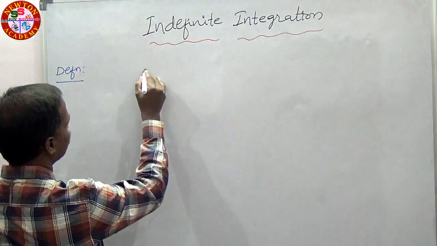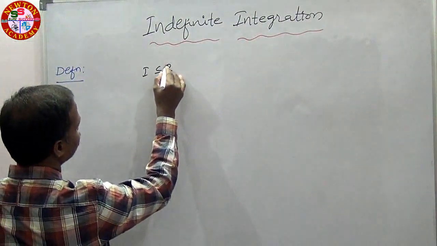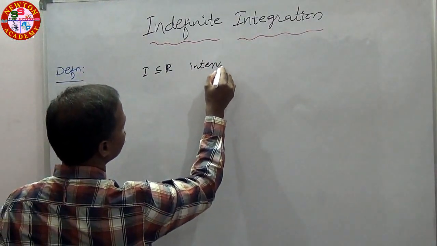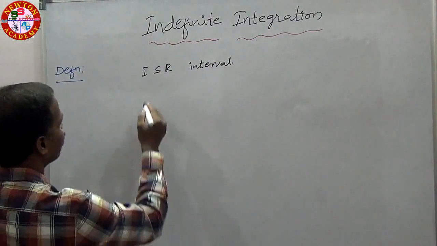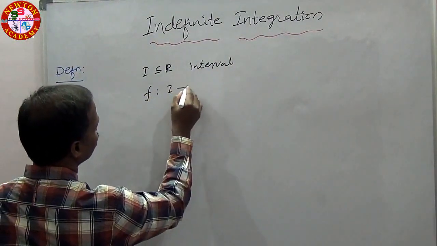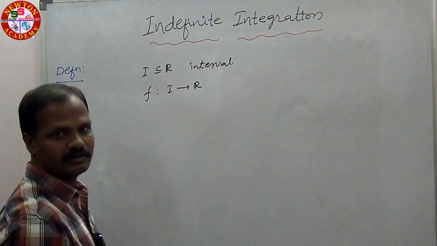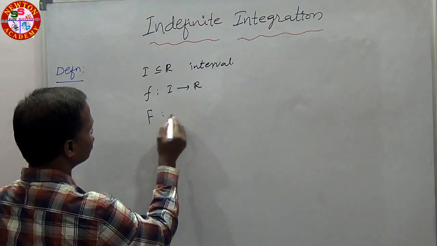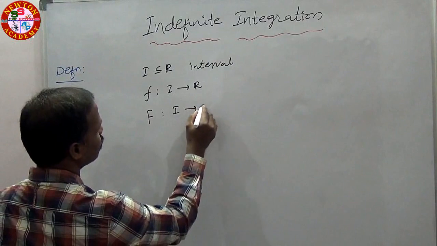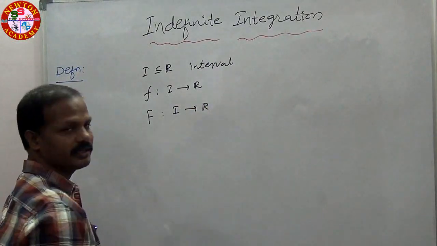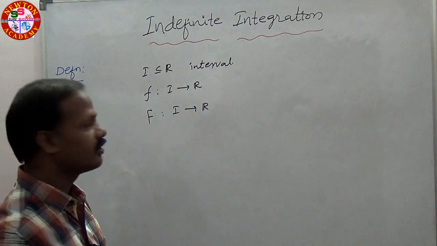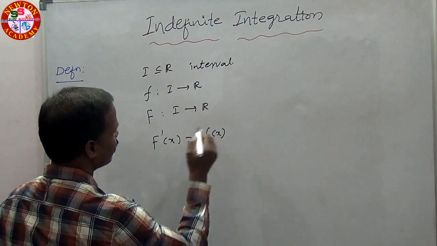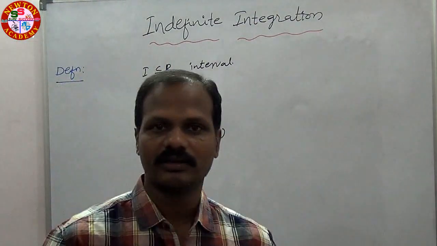Now, let I subset of R be an interval. I must be an interval. And f is a mapping from I to R, a real valued function. If there exists capital F from I to R such that F dash x equal to f of x, then